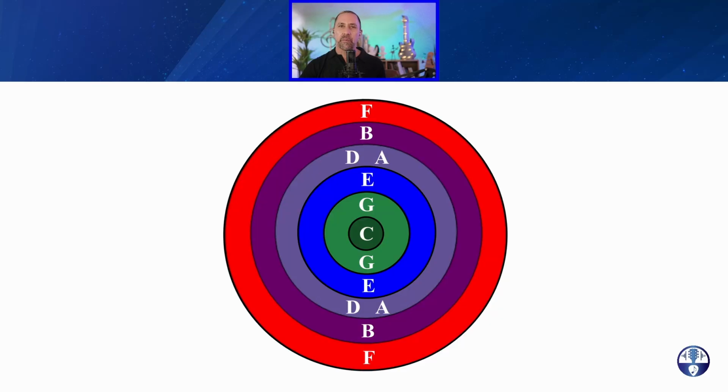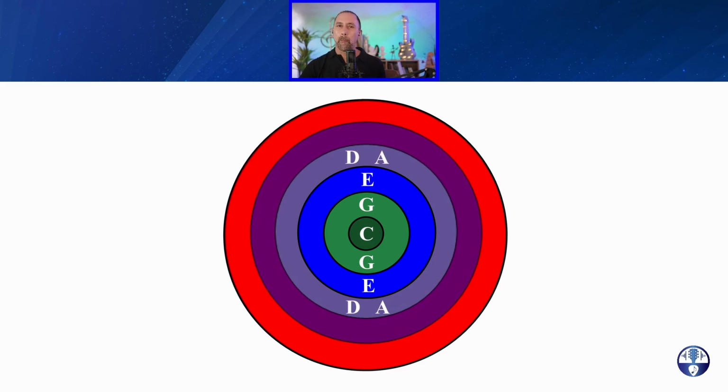Now here's an example of a tonal hierarchy chart that I made using the notes of the C major scale. So let's take a look at what we've got here. In the center is the note C, because obviously that's the root note of the key, and it's going to be the most important consonant note to resolve to. You will often hear the root note called a perfect consonance. Outside of that, we have the note G, which is the fifth note of the C major scale. That's also considered a perfect consonance. Then we have the note E, which is the third note of the scale, the major third. You will often hear this note referred to as a soft consonance. It's a consonant note, but it has a slightly different profile than the root of the scale and the fifth of the scale, which is the C and the G.